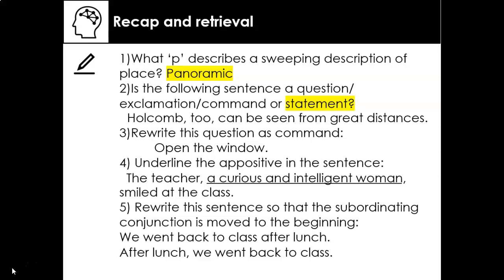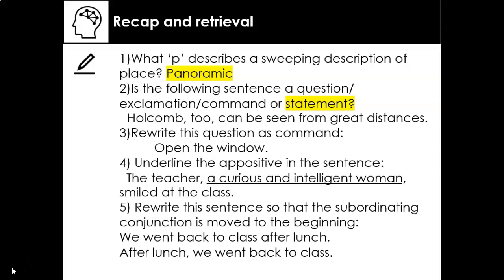Brilliant. Now, if we look at number 3, I've just got rid of the question. So we start with the question. How do we rewrite the question as a command? So that was a challenging one, but if you've got it so it looks like this, brilliant. Open the window. So actually, I wanted to do this to show you that questions can often be used to create a sense of choice. They often are hedges. They soften a command. Can you please open the window versus open the window? We're really directing the person to do the same thing, but a question softens it, makes it less like a sense that you're being told what to do, that you have a choice, whereas a command is much more directive.